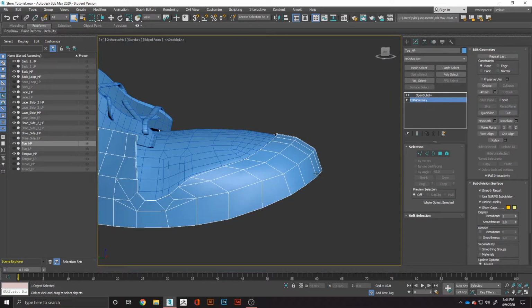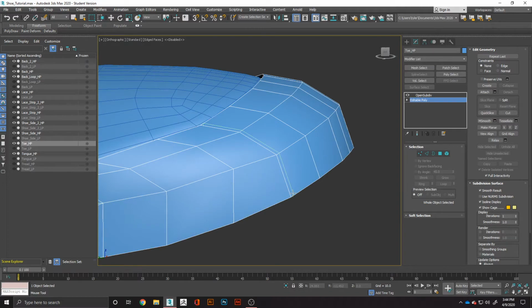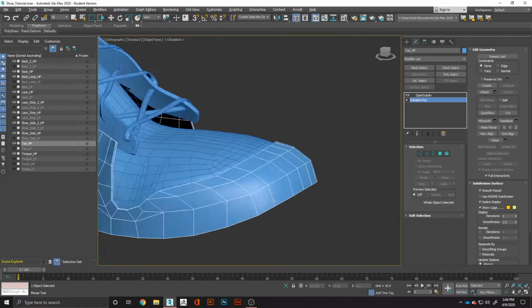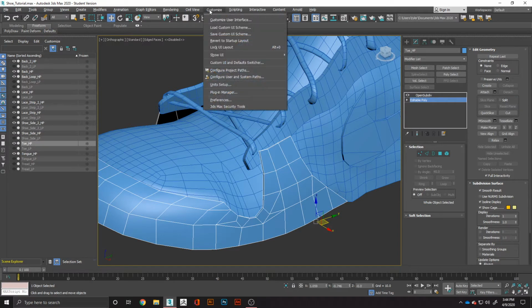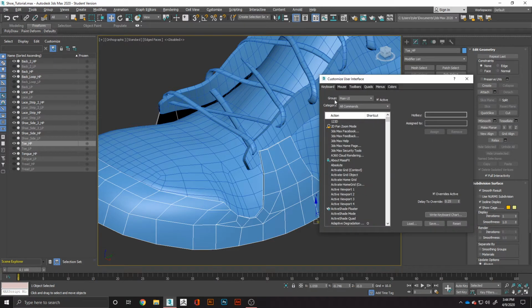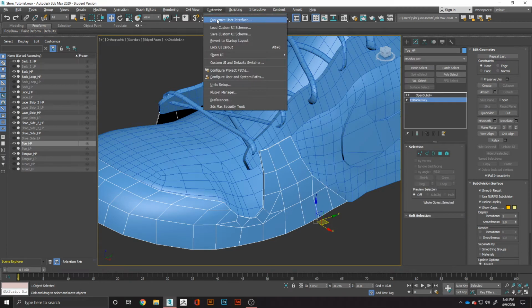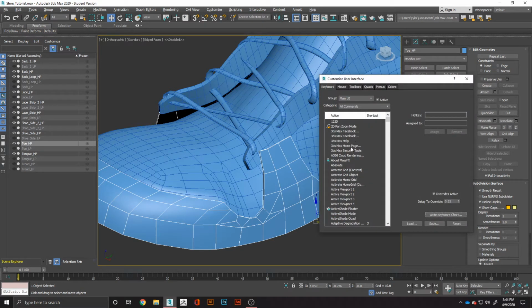What support edges will do is allow us to keep the same curvature. So you can go to Swift Loop, or you can just connect it by adding a straight line. Just in case you don't know Swift Loop, my shortcuts are set up for that. And what you do is you go up to customize user interface, and let's type in here Swift Loop. I assign mine to Alt S, and so you just click it,